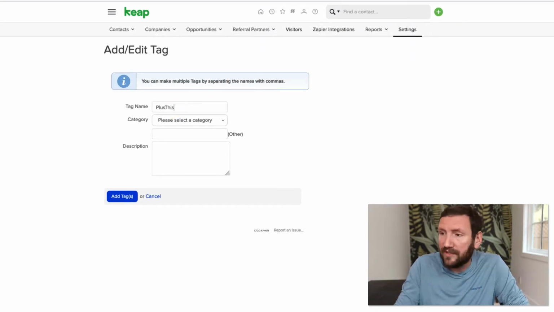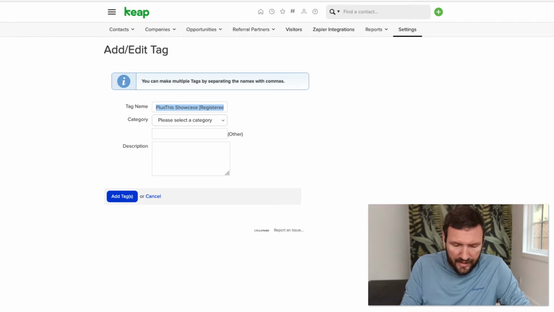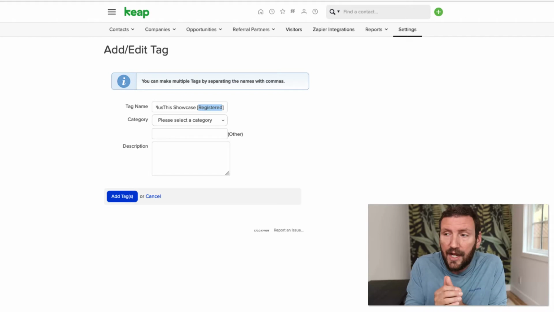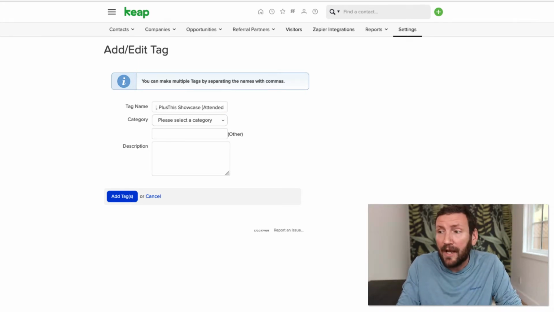So we'll do PlusThis showcase, and then I'll just put registered. And this is a personal preference, but I do 3 tags: one for registered, one for attended, and one for missed. If you wanted, you could just do registered, right? If you were sending the follow-up emails inside Zoom, you might not need the attendees tagged differently inside of Keap. But if you do want that, you can do it by creating a second and third tag with attended or missed as the